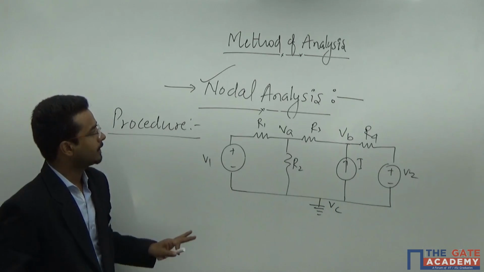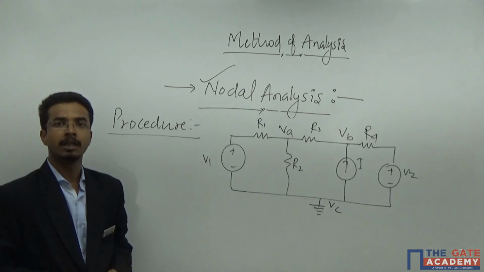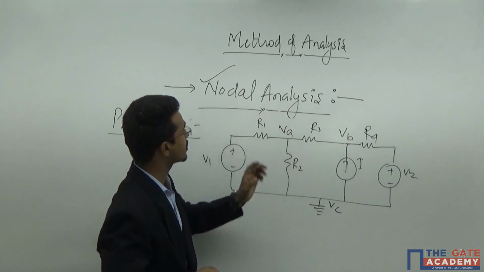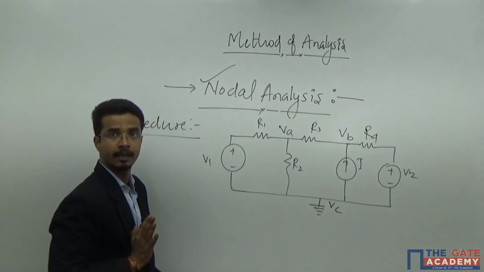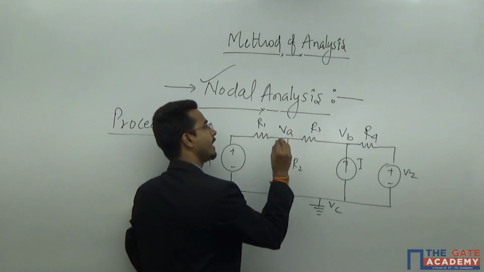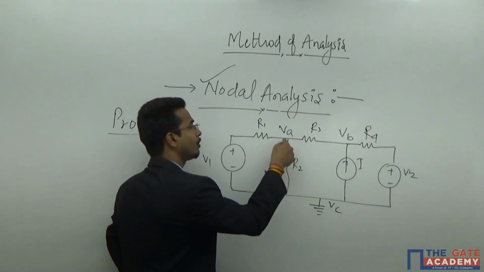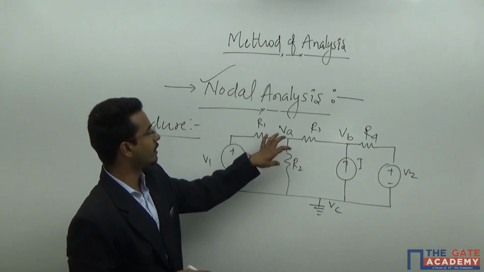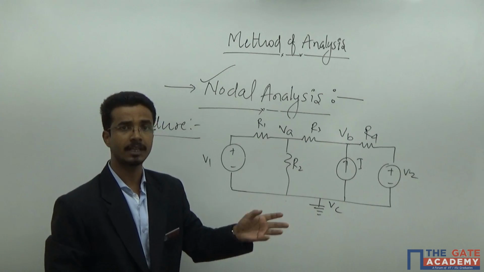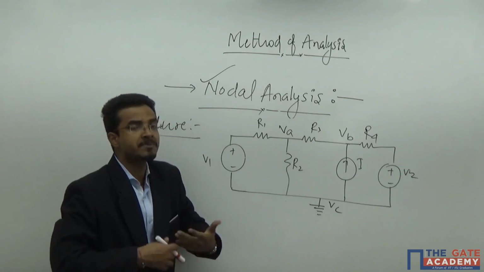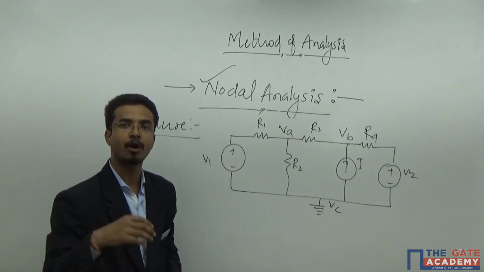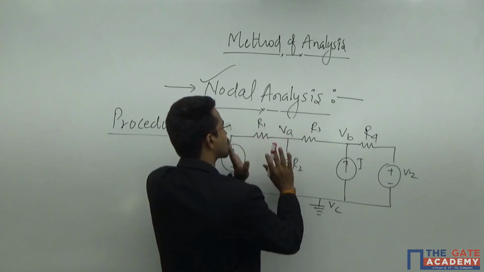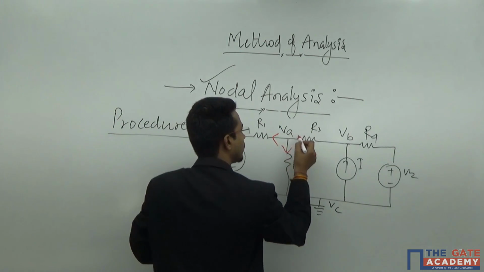Now, from here, the first assumption will come into the picture. If I am writing the node equation at this particular node, because I will always write the nodal equation at the node only, whenever I write the nodal equation at VA, I have to assume that this particular node has the highest potential in my circuit. And if this node has the highest potential, then the current will always flow from highest potential to lowest potential. That means if any direction is not mentioned here, I will assume that all the currents are outgoing.